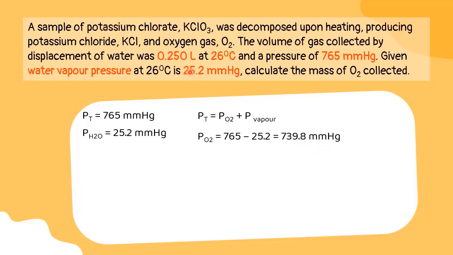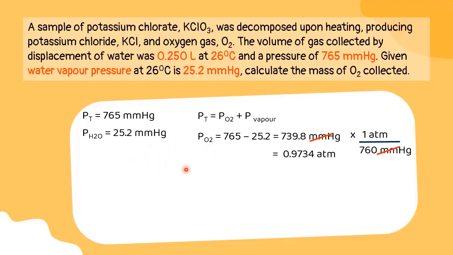But since we have liters here, it is easier for us to change it to atm, because we are going to use the constants involving atm after this. So we multiply it by 1 atm for every 760 mmHg. Cancel out the unit to leave only atm. Lastly, the partial pressure of O2 gas in atm is 0.9734. Since O2 gas is an ideal gas, we can relate it to the ideal gas equation, PV equals nRT.